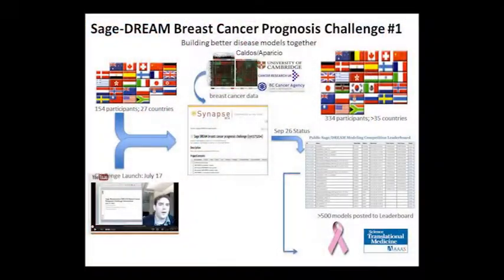The second thing I want you to remember is that DREAM for us means a dialogue in reverse engineering to assess models. The D is the important part. We wanted to build a community that was open and learning from each other. It wasn't just whether we could find the best answer. You can do that with incentive. We wanted to build a community where you were rewarded for working with each other. In the end, over 35 countries participated. We had hundreds of groups and thousands of models.